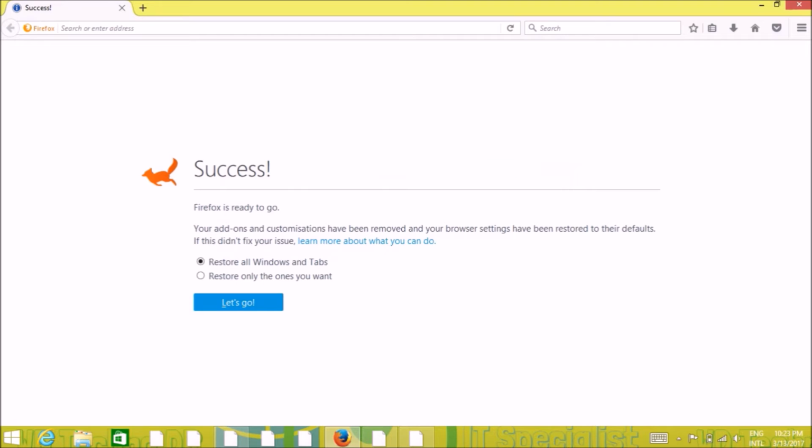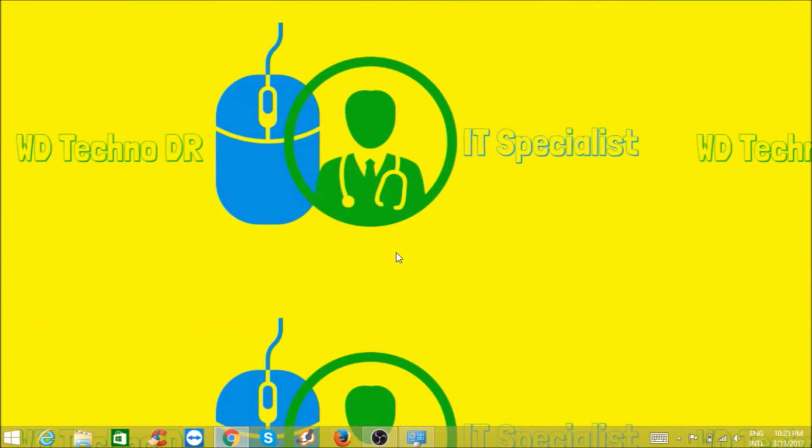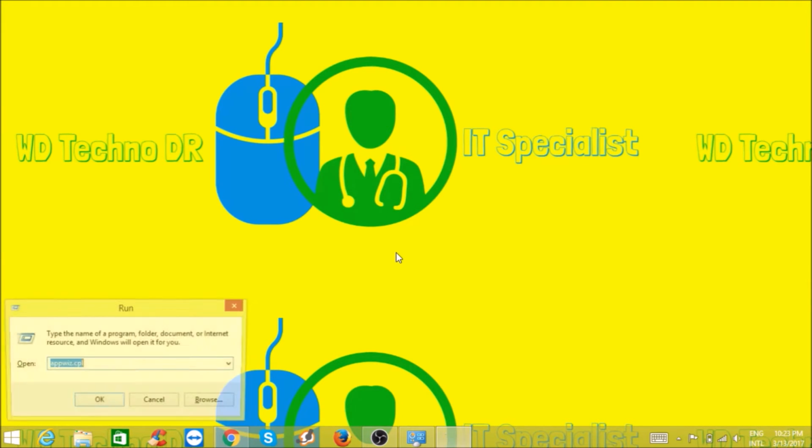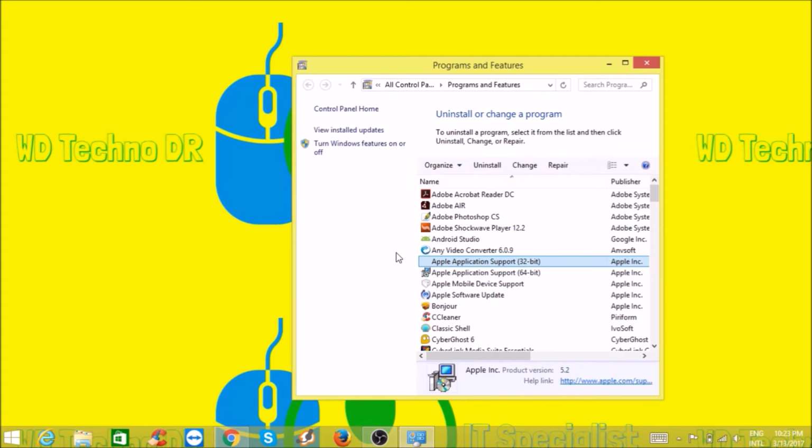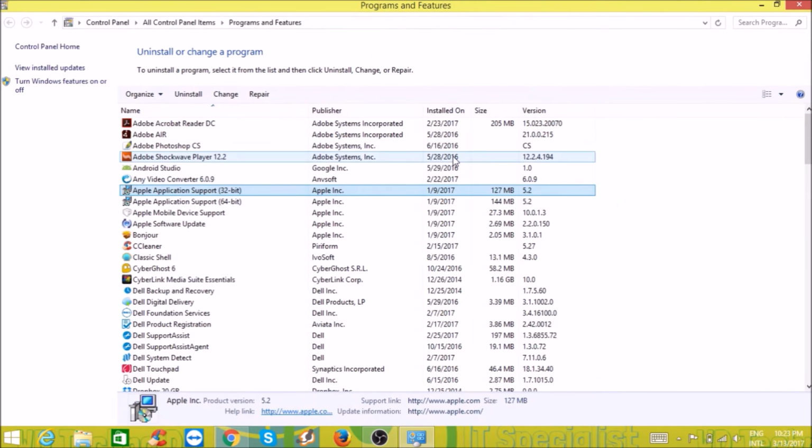Let's close it. And last thing that we forgot to mention last time, that is uninstalling the unwanted programs. So we have a command for that, that is appwiz.cpl. So what we're going to do here, we need to check out if there's any application which we really